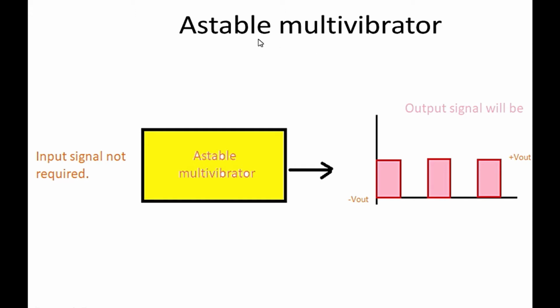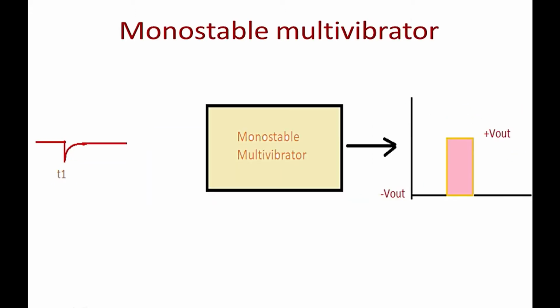In that mode, which is used to generate the PWM signal, it doesn't contain any stable condition. Here it is always changing its state, high to low, low to high, for infinite time. So it is known as zero stable mode. In the previous video I explained this more clearly, so if you haven't gone through that video, first go through that, then see this video, and then you will be clear. Okay, so the next topic is monostable multivibrator.